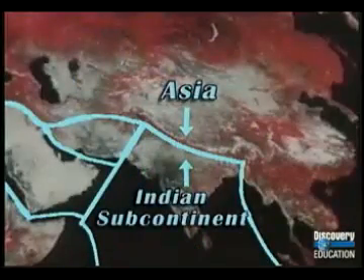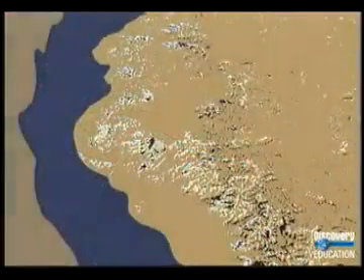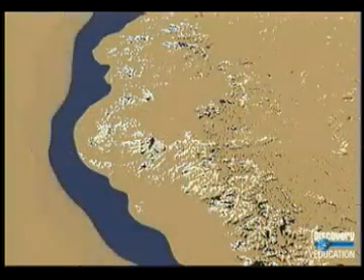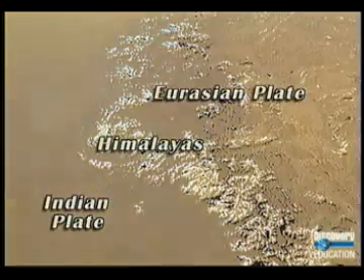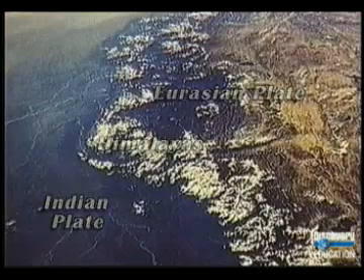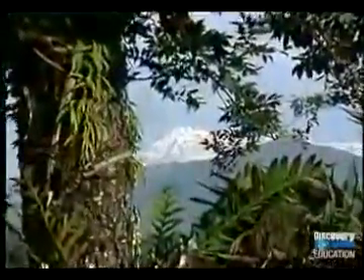It lies on a part of the Earth's crust that was not always attached to Asia. Many millions of years ago, the tectonic plate carrying this area moved northward and collided with the rest of Asia. Rocks crumpled and tilted skyward under the mighty impact, creating the mountain ranges of the Himalayas.